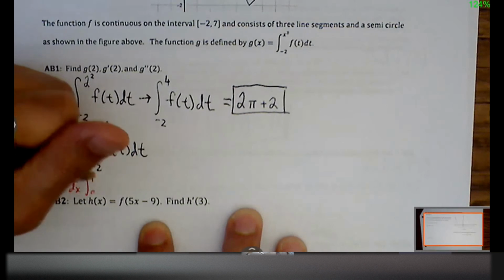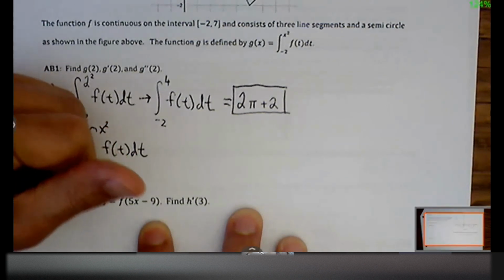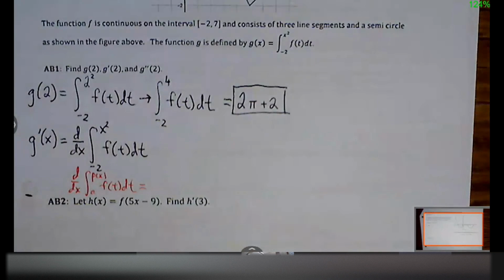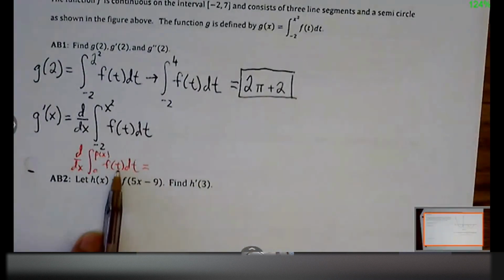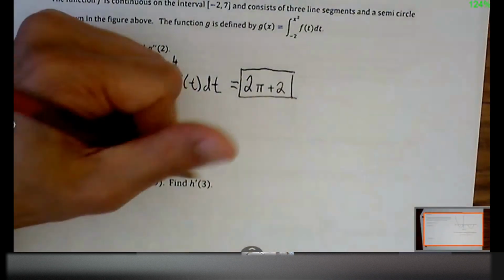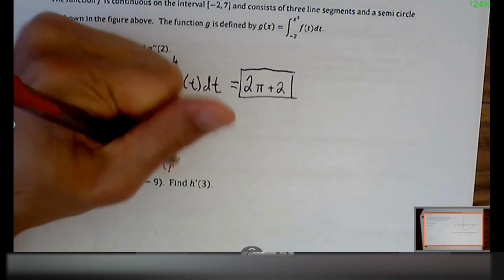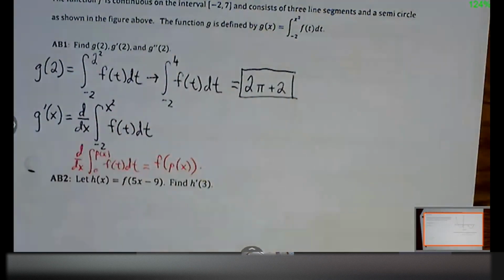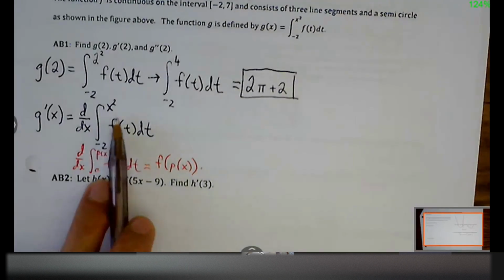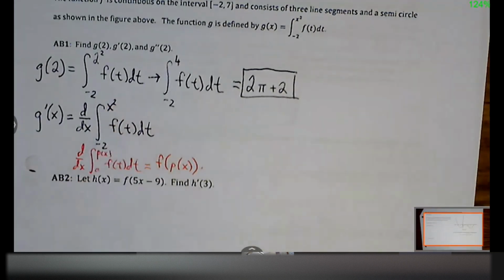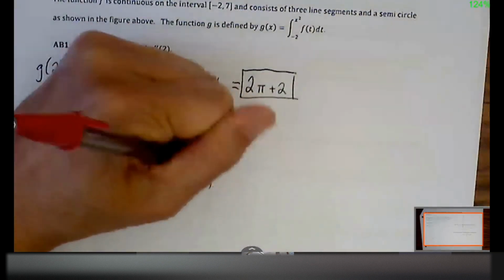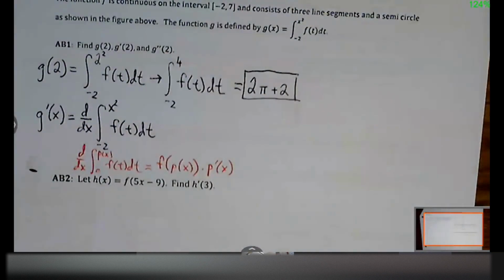If I'm going from a to p of x of f of t, this upper bound is going to get inserted into that variable. Then I also need to involve the upper bound's derivative. Before, we didn't do anything with it because it was just x, and x's derivative is 1, so it didn't produce anything. But if your variable bound is more than an x, then there's going to be something left over. So x squared becomes 2x. That's the rule here.